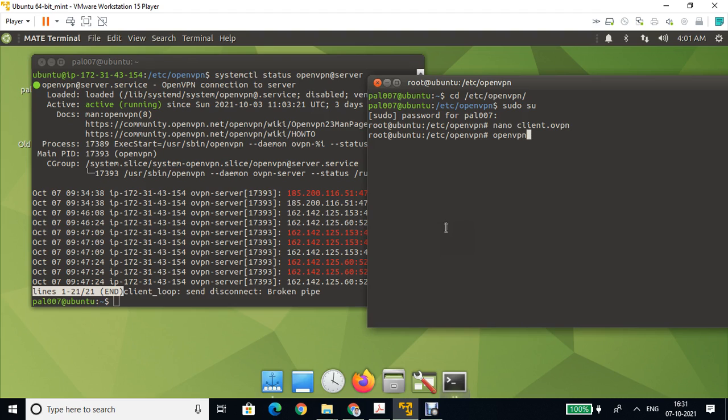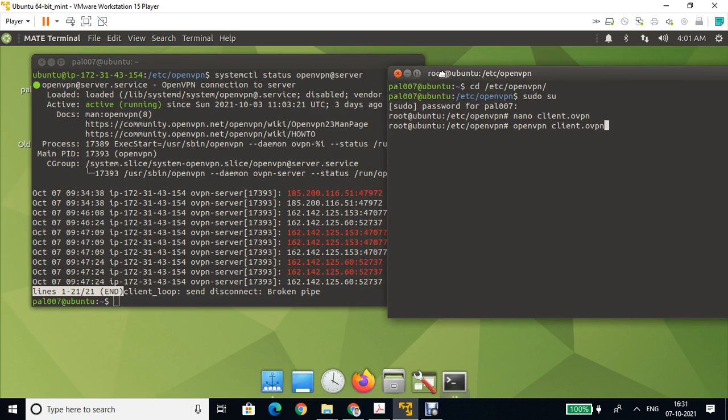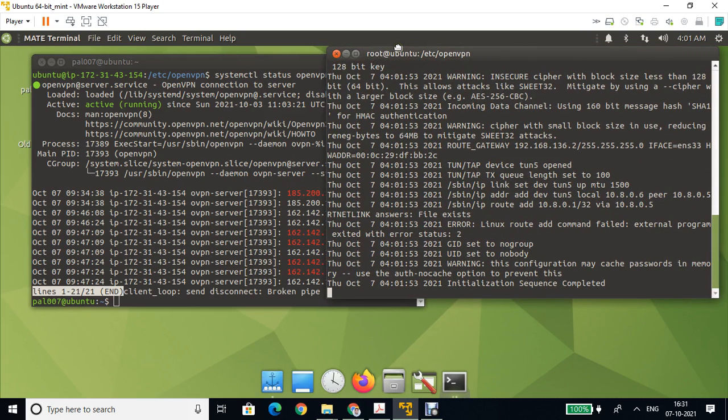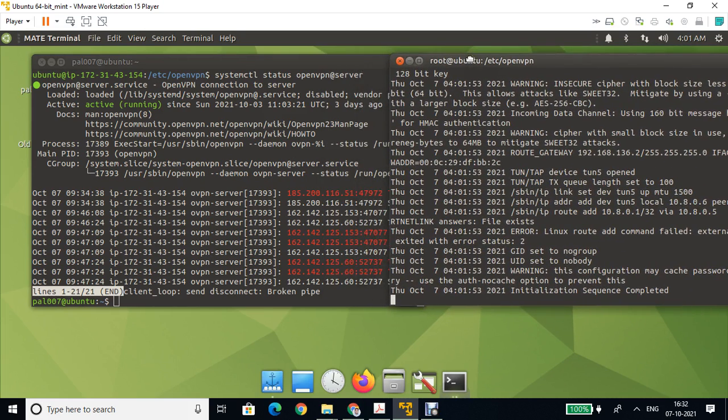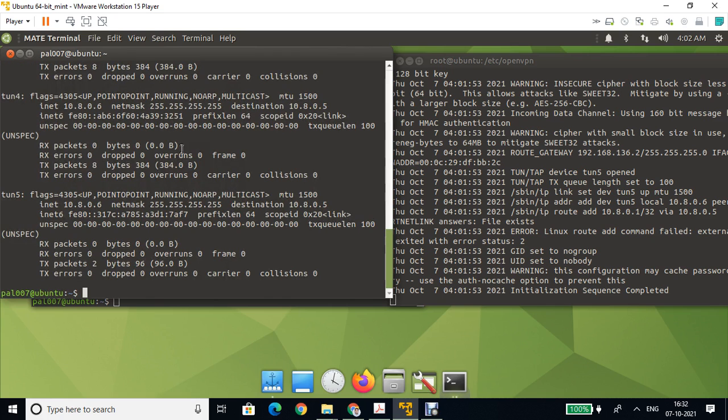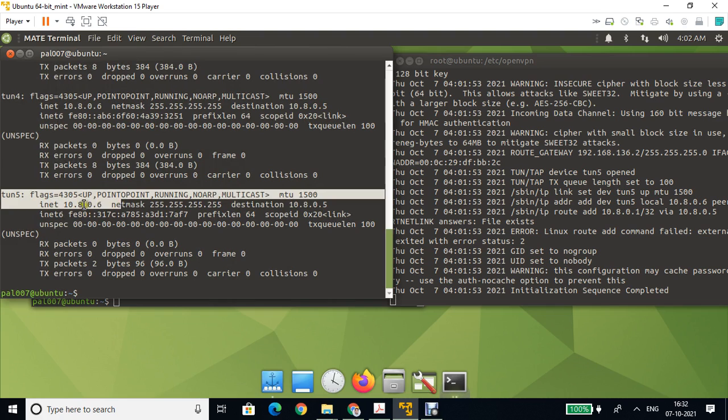So OpenVPN, then we just have to call this file, because this file gives the authentication requirements to the server. And now if you can see, we have successfully made the connection with the server. So now I can show you whether the client machine gets the tunnel adapter or not. If you can see, the client machine gets the tunnel adapter with an IP address